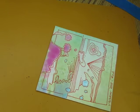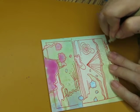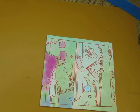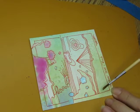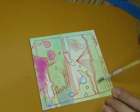I think I'm done with the drawing part. I just want to put some red on here, and I think I'm done. I'm just letting it feel. I'm not thinking so hard. And I'm going to do a lovely wash of